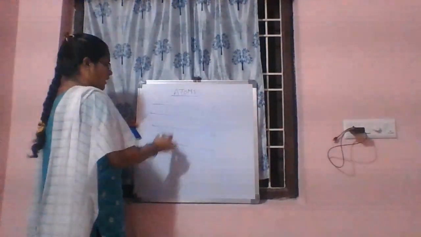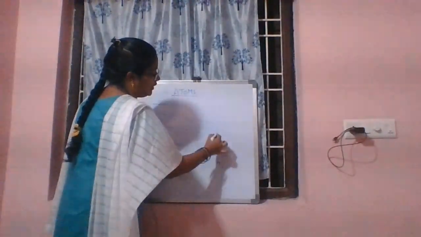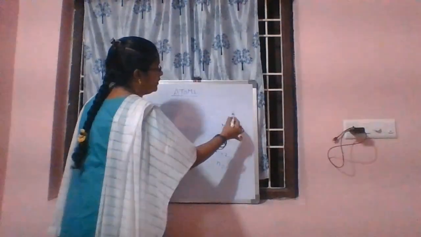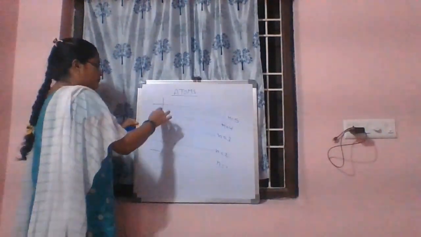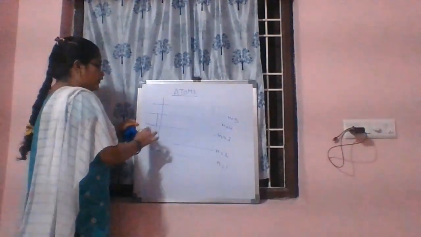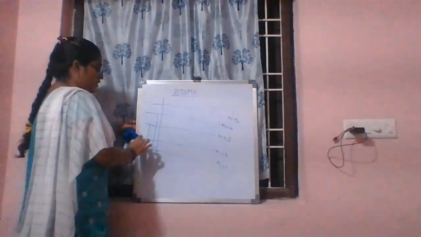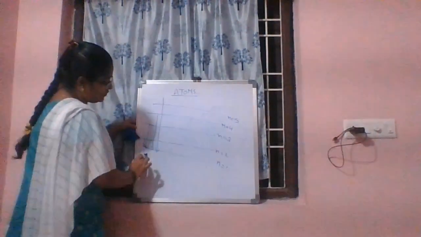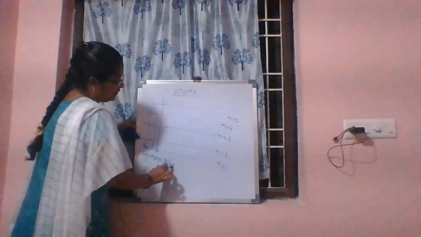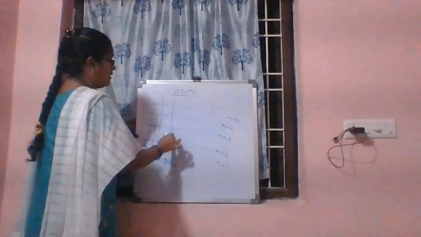If we observe the spectrum, let's suppose this is the ground state, n equal to 1, n equal to 2, n equal to 3, a number of lines, n equal to 5. After emitting, the electron jumps to the ground state. That is called the Lyman series, which is formed at the ground state. Here the Balmer series,